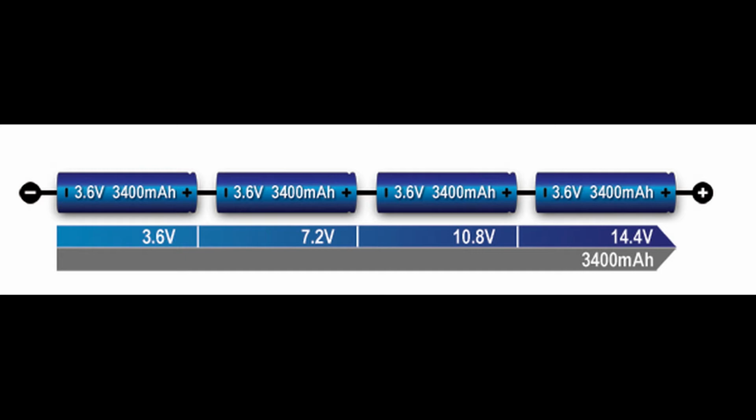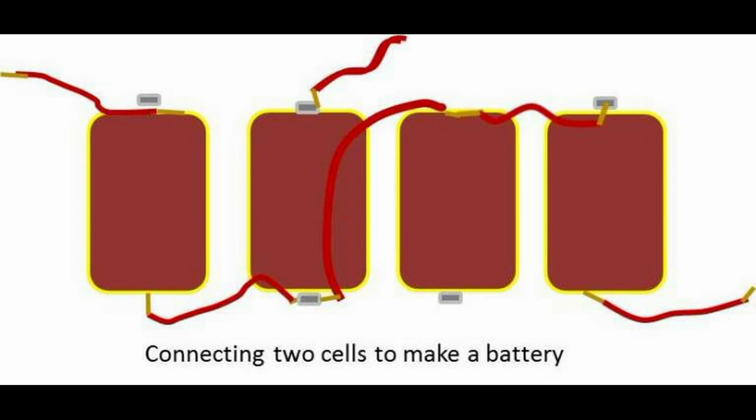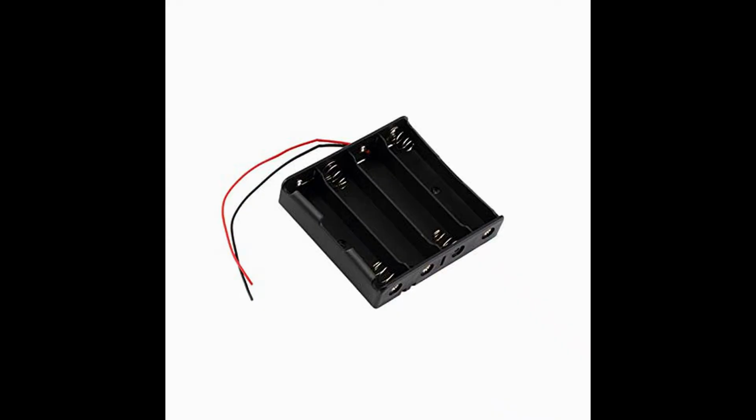There is usually a thick wire or a metal strip connecting the positive terminal of one cell to the negative terminal of the next cell. To help you place the cells correctly in the battery, you can see the plus sign and minus sign. If you are feeling any doubt, you can check it, so you can keep the batteries correctly inside the device.